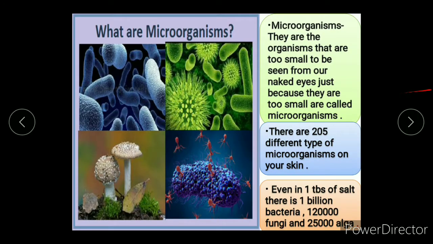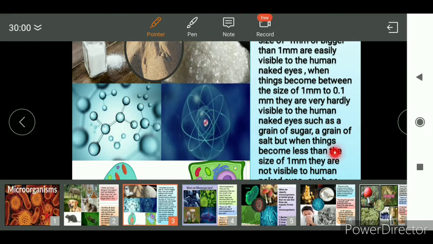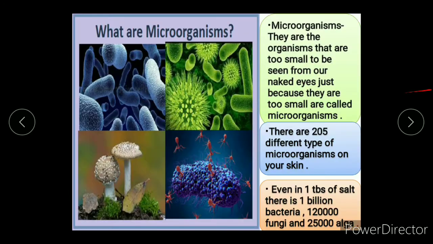So now we will study what microorganisms are. Microorganisms are the living creatures that are smaller than 1 mm, and we talked about them in the last slide, that there are not billions, not millions, but trillions of microorganisms in nature. Microorganisms are basically too small to be seen by naked eyes, and that is why they are in trillions in amount too, but we cannot see them.